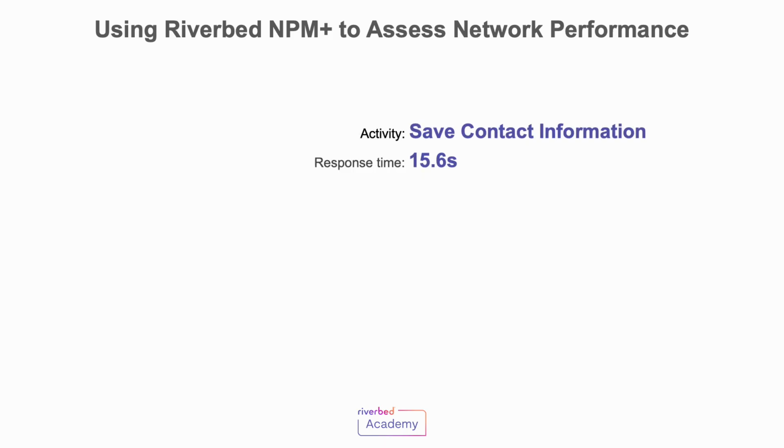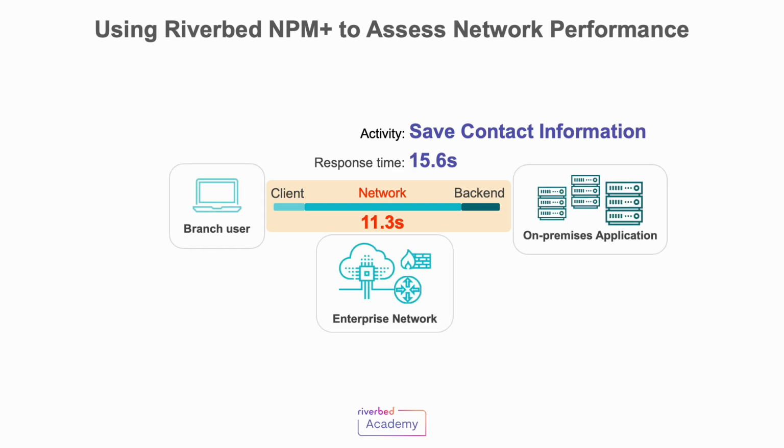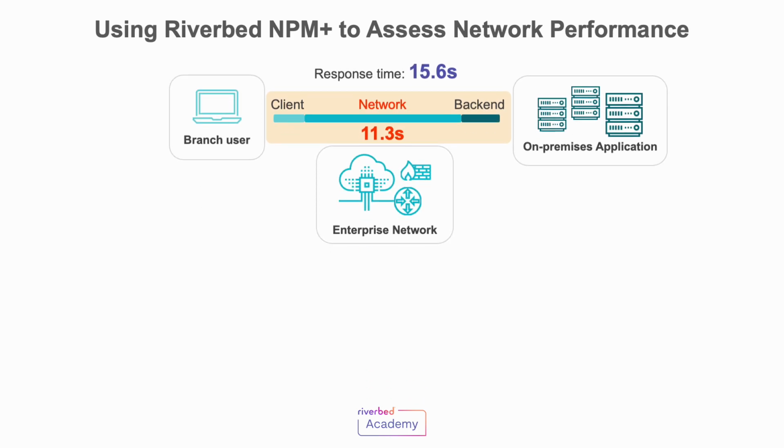Eternity can break down the main contributing factors of slowness in business activities to better direct your troubleshooting efforts. When the network is identified as the main bottleneck, we need key network metrics and metadata to zoom into the root cause of performance issues. In the case of a managed network, such as an enterprise MPLS or WAN, Classic Network Performance Management, or NPM,